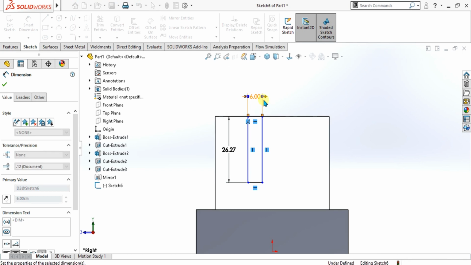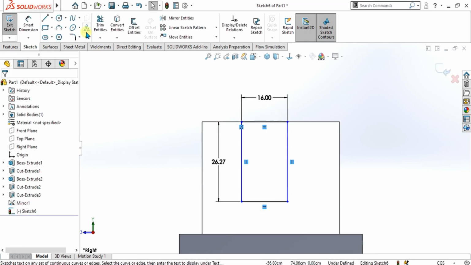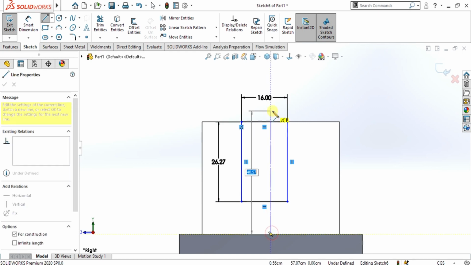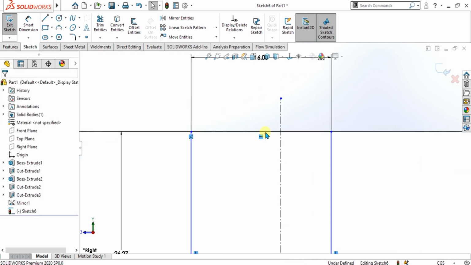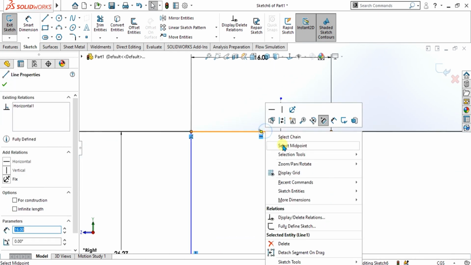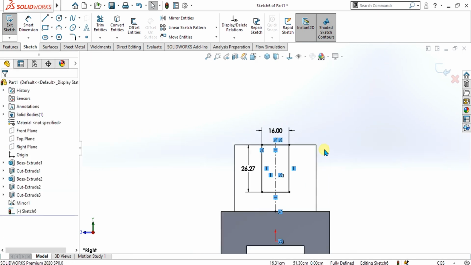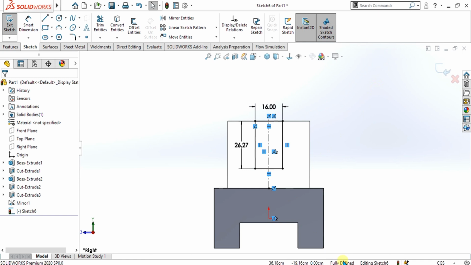Select OK from here. Now again simply make the center line and make the midpoint of this rectangle coincident to this center line, like this. Now from here you can see that it is fully defined.